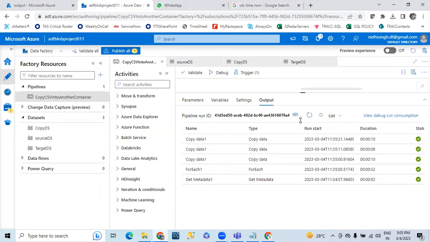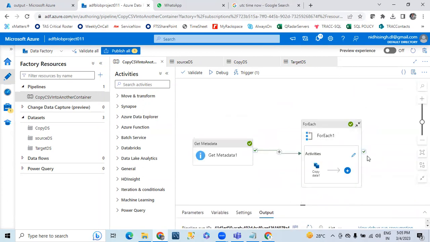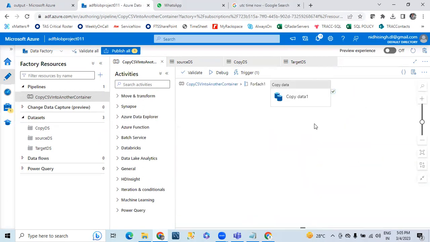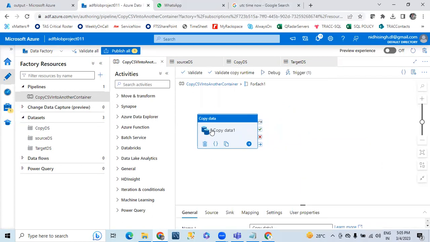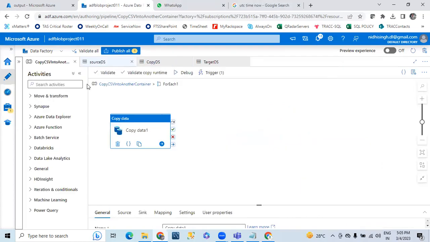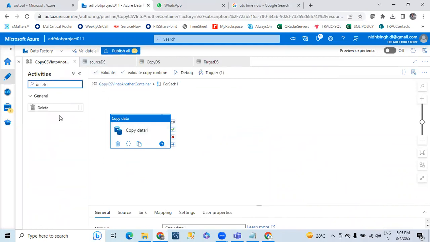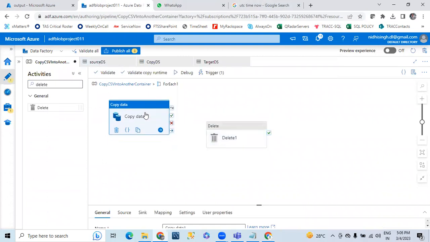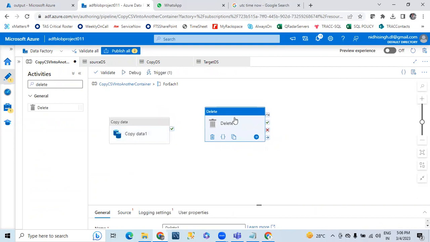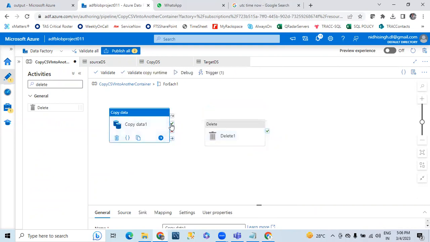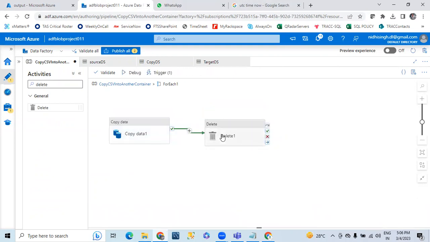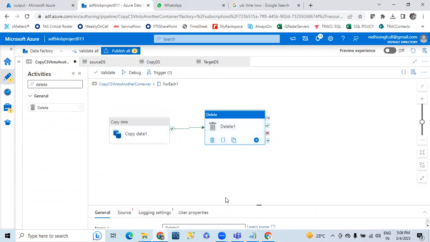What is the next step we have to cover here? In this class, we have to remove our files. So the copy is done. Next, you have to search for an activity called Delete. Drag and drop the Delete activity, and after copying, you have to delete your file. So you have to connect this one. And next step, let me